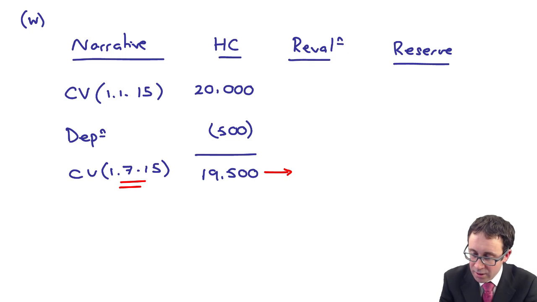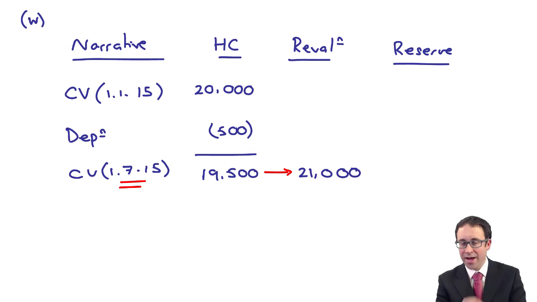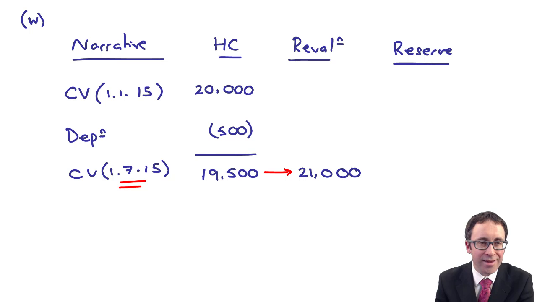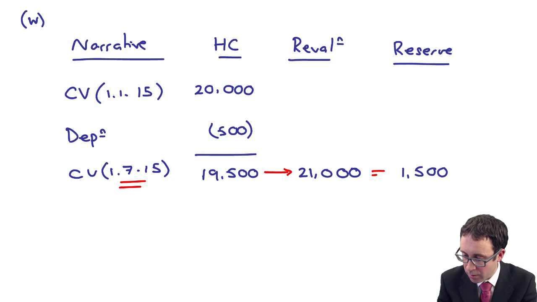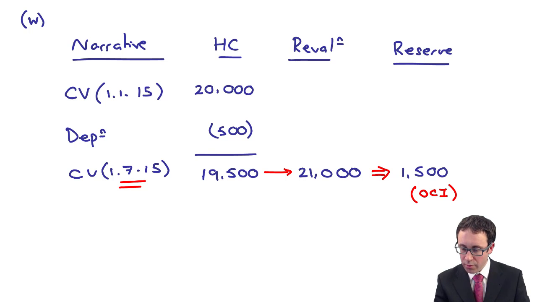It was revalued up to 21 million. So I can put in the 21,000 there. So I have a gain of 1,500, or 1.5 million. That 1.5 million goes through OCI